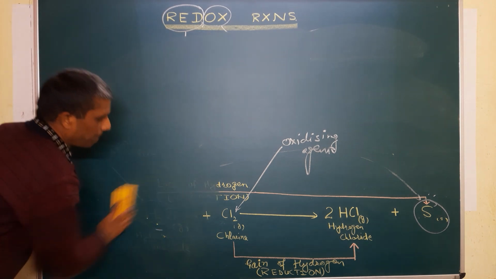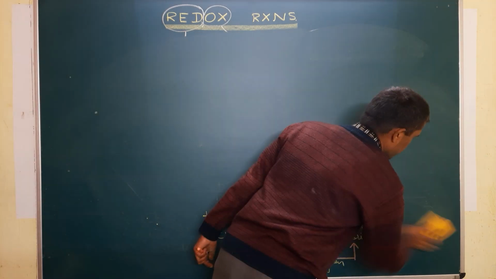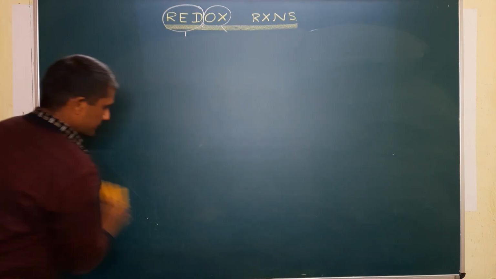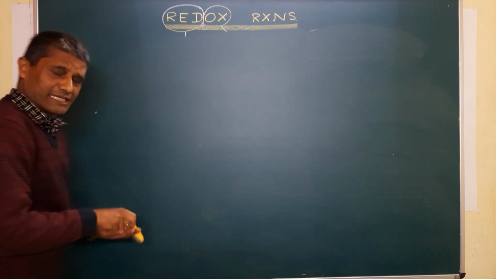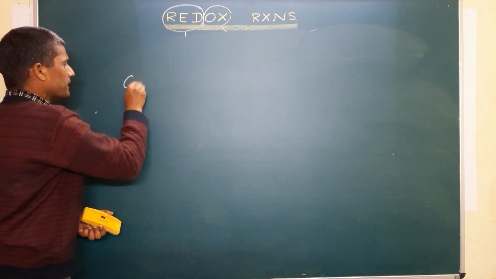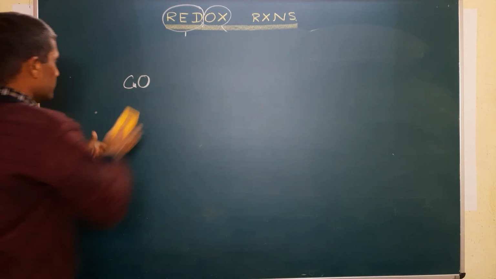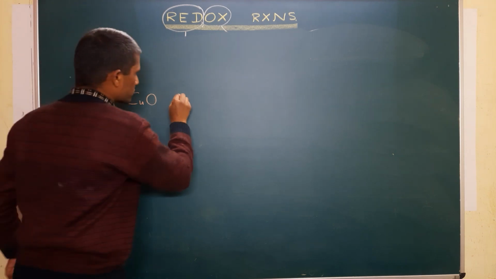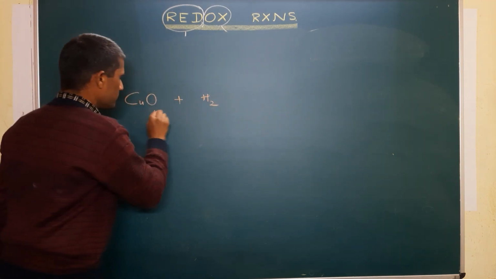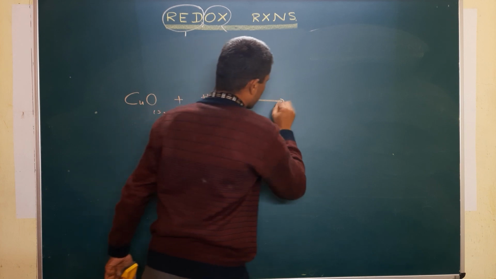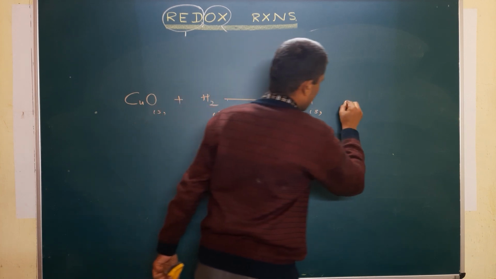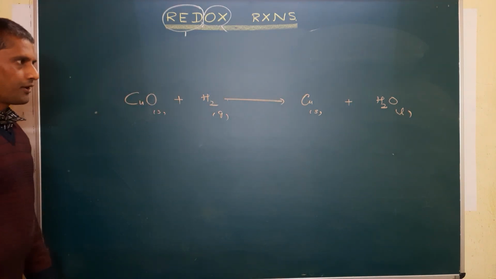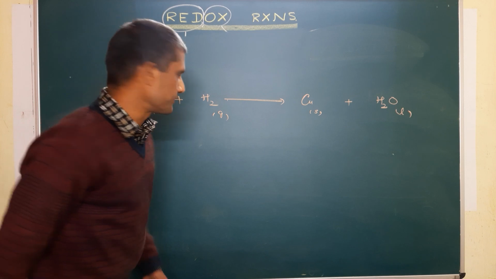Now, for the third and final definition, we will illustrate it by taking another chemical reaction. It is cupric oxide reacting with hydrogen to give copper plus water. Here, see which is undergoing the process of reduction and which is undergoing the process of